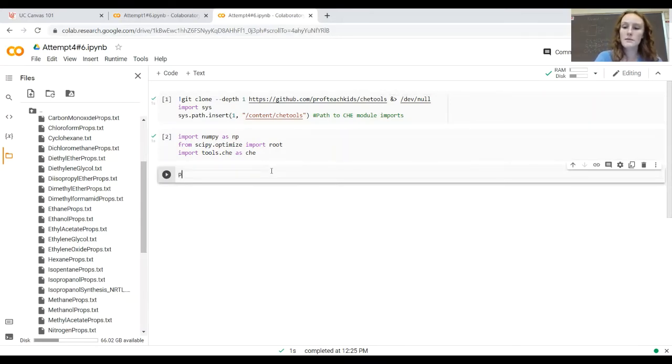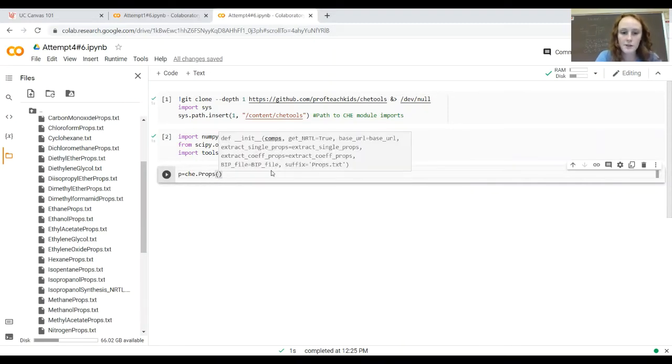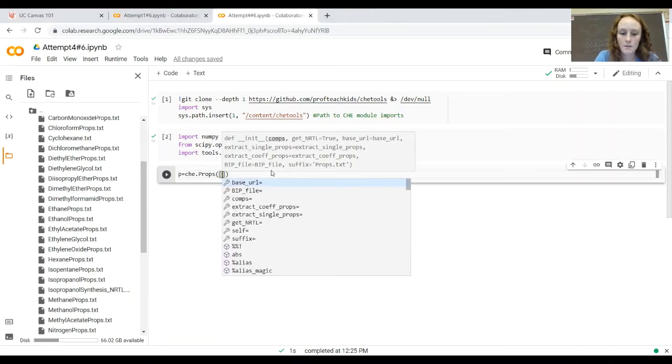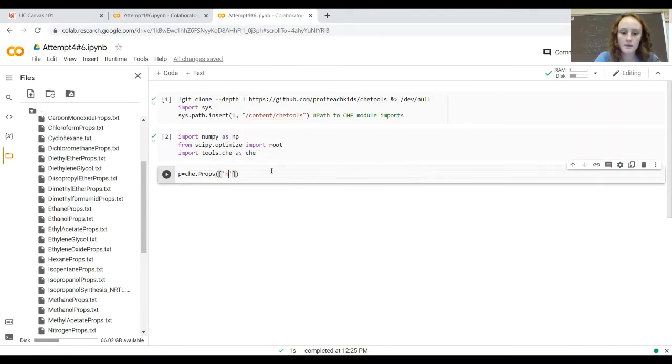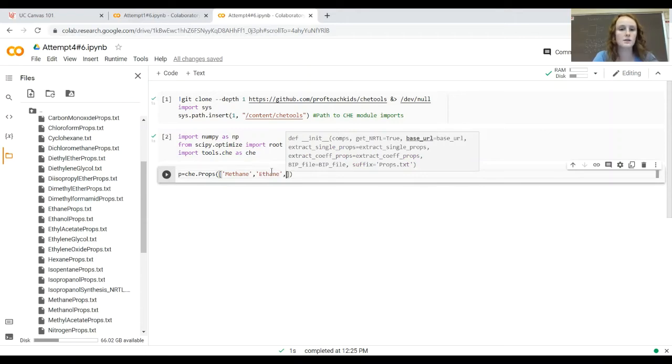To start today, I'm going to go ahead and pull all the properties of everything I used in my chemical equations up there, including propane, methane, ethane. I'm just going to do E.props. So we'll start out with methane. That's the first type of fuel we use. Ethane. And what this is going to do is collect all the properties for these in one place in this order. So then we'll do propane,